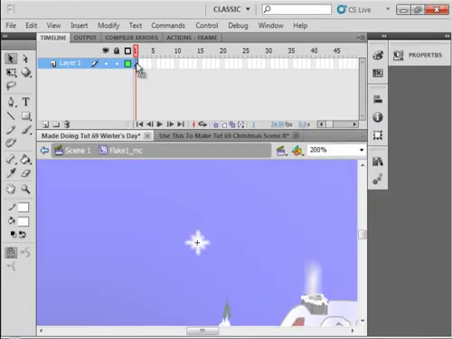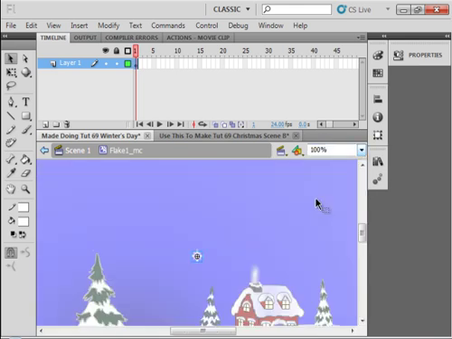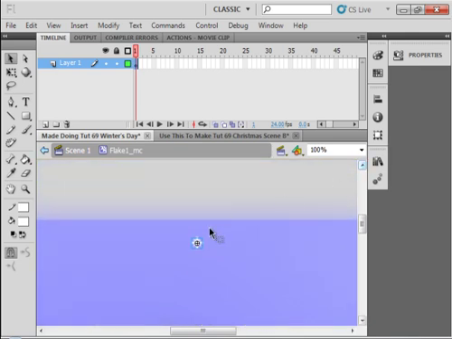Select frame 1. I have the snowflake highlighted, selected, and let's go to 100%. Click on the snowflake, bring it up to the top of the stage, a little higher so it's above the top of the stage. Go up to frame 35-ish, insert a keyframe, pull it straight down,